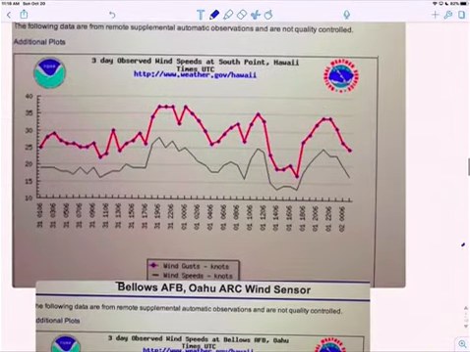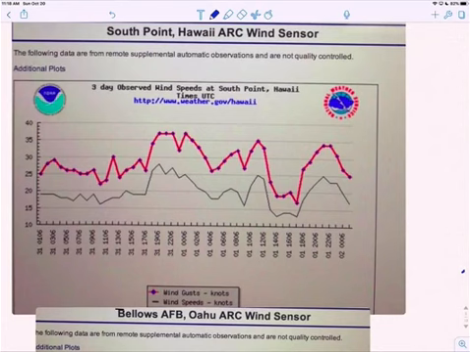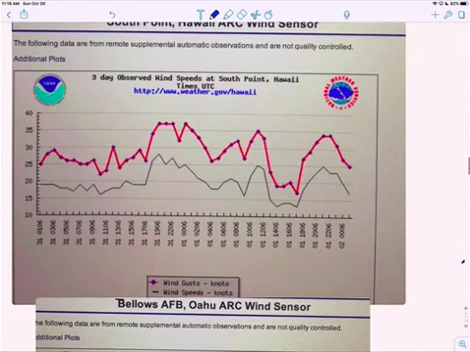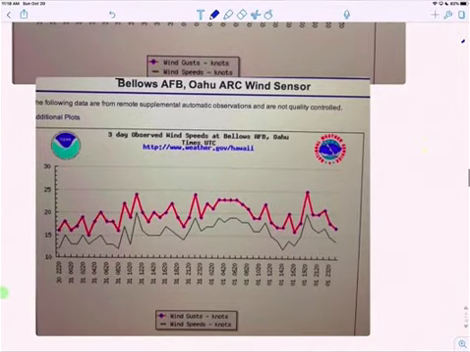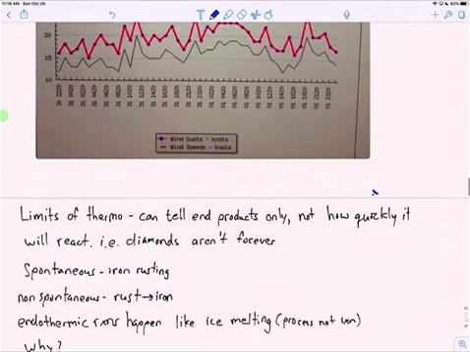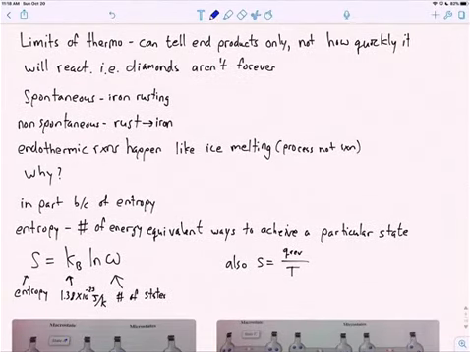So that's Canada. Here's South Point here on the Big Island of Hawaii, a very windy place. You can see you still have the surges and the valleys. It's fairly consistent, but not as consistent. And this is on Oahu. So my point there is that it has to do with entropy, and entropy is part of our discussion